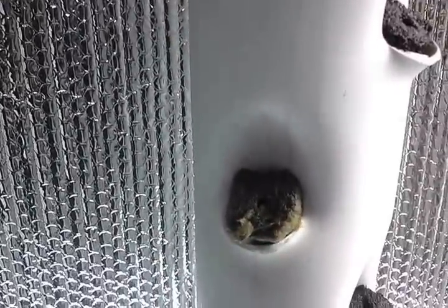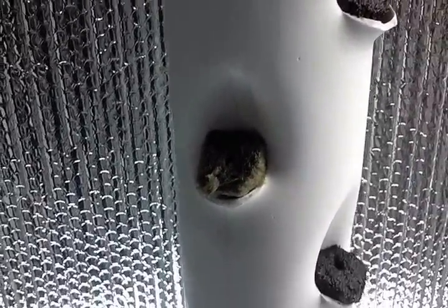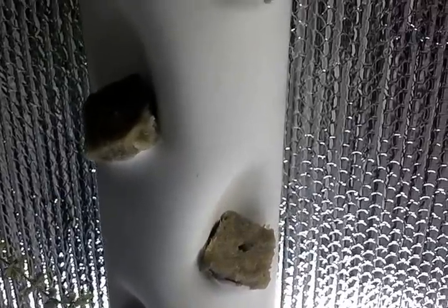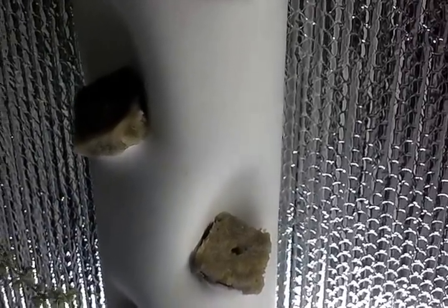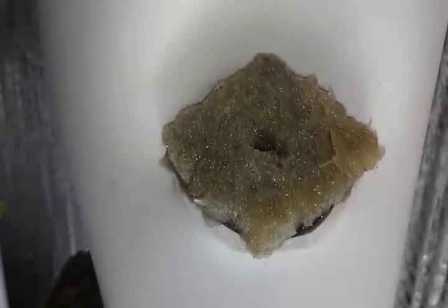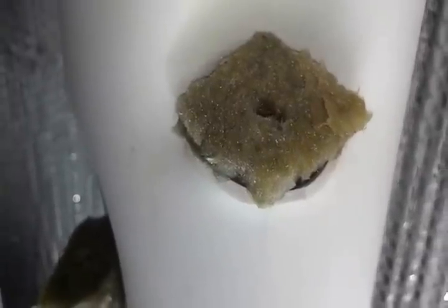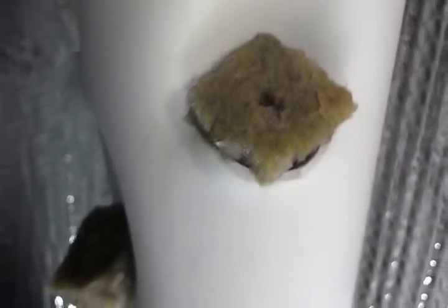Another question was in regards to the planter size. If you remember this one over here, the first one, the planters are 1.5 inches in diameter, and these are 1.75 inches. I'm going to try one more design, making that planter a full 2 inches all the way across, because as you can see, the plug is in there, but I had to still compress it just a small bit. If I can get away from compressing these plugs at all, the better off I'll be. Another advantage to that, if I make it 2 inches,